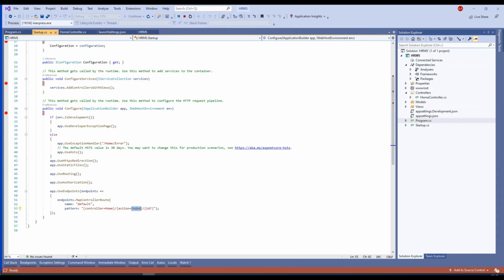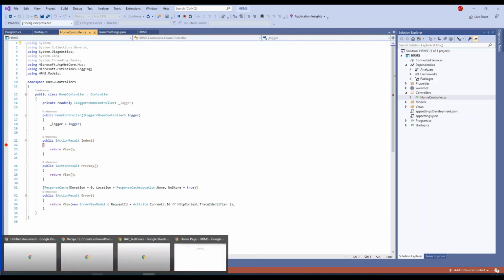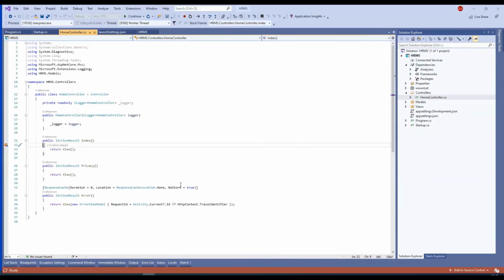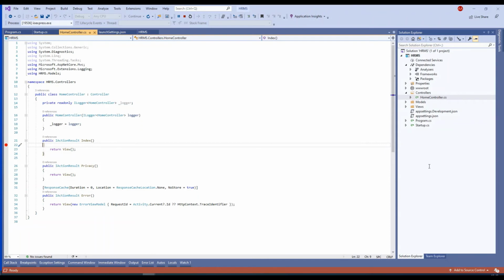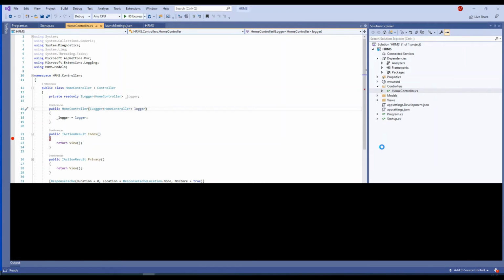Yes, we will check. We will go to the home controller and we will put down the breakpoint over here. Okay, check that. This is the best way to learn this. So go to this one and reload again. Where will it come? Index. Okay, even now you are not satisfied? Good, no problem. I'm just stopping debugging and starting it again.